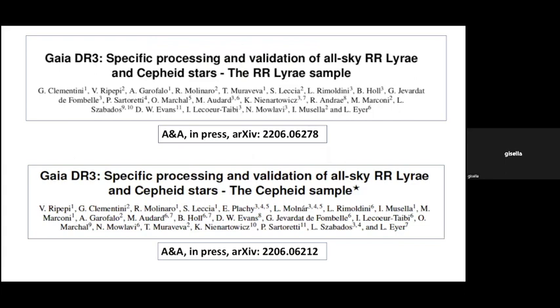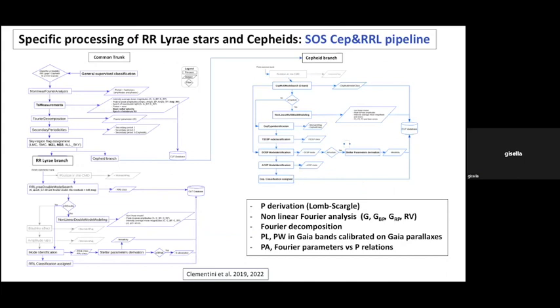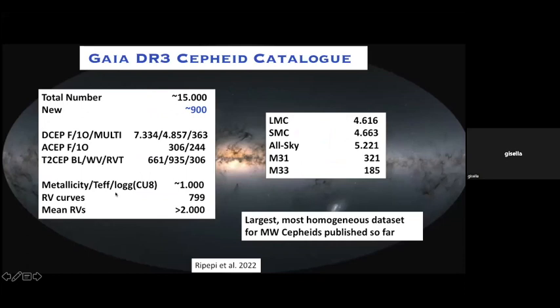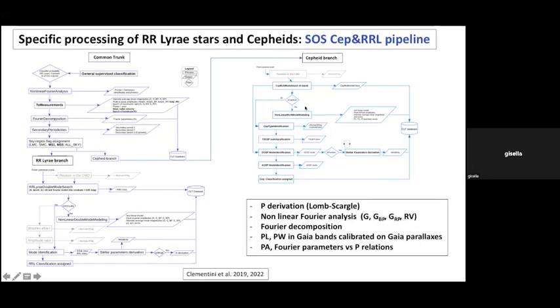And these are the two papers that describe this pipeline, the specific object pipelines for RR Lyrae and Cepheids. It is the same pipeline with two different channels. And here, just very quickly, an overview of the pipeline: a common trunk that does the main processing for both types of variables, and then specific branches for the RR Lyrae and the Cepheids. But I don't want to go through the details of this pipeline; you can have a look at the paper if you are interested. The whole pipeline is described in this paper, and also in a paper from 2016 on the same subject.